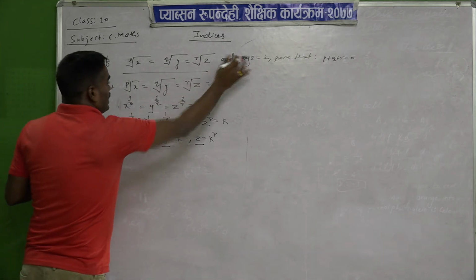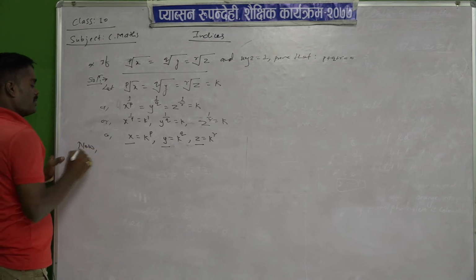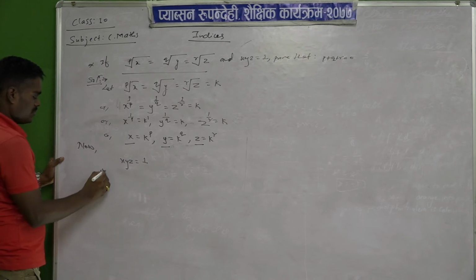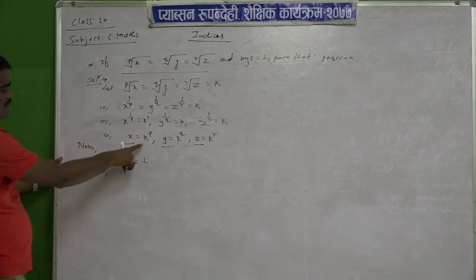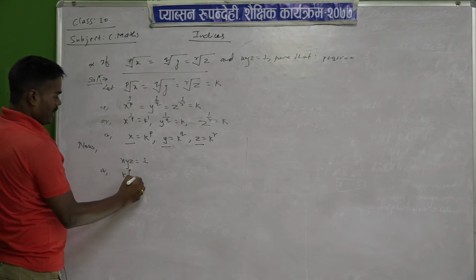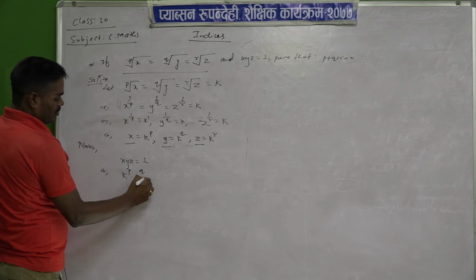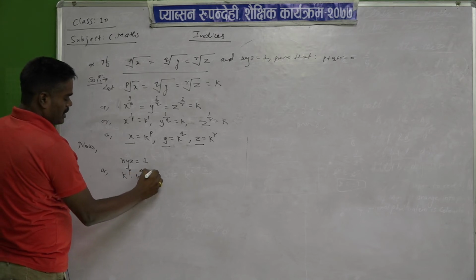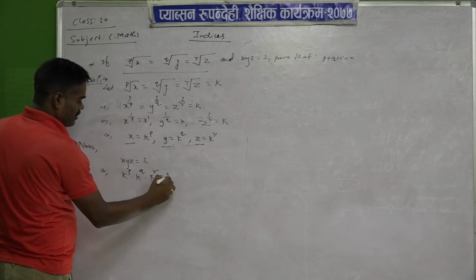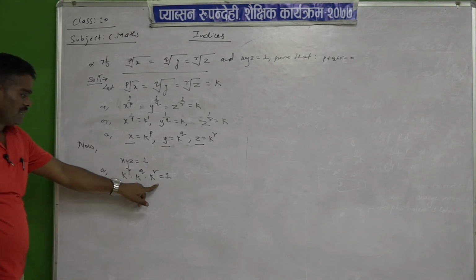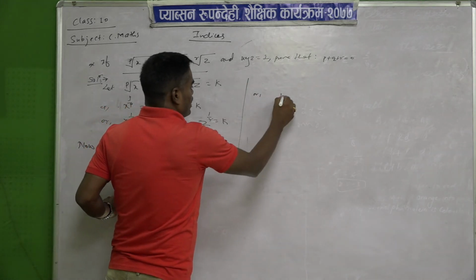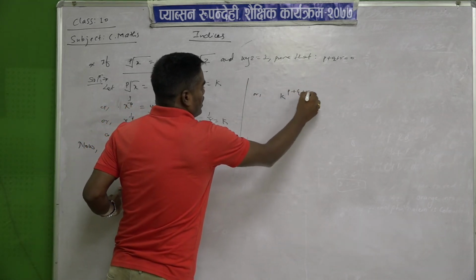So now take the condition. Now x, y, z equal to 1. So now keep the value of x. What is the value of x? k power p, k power p into y, k power q into z, k power r equals 1, which is given there. So you know, if bases are same then powers are added. So it became k power p plus q plus r.